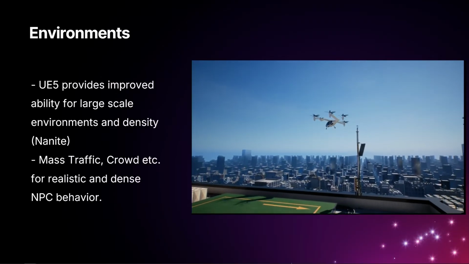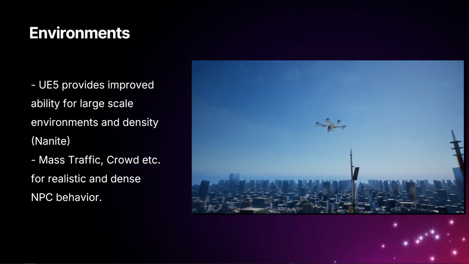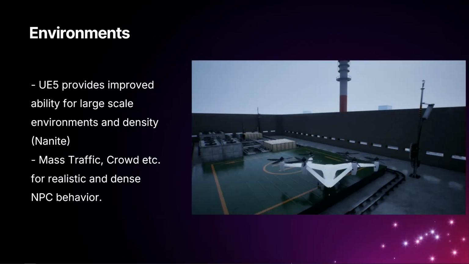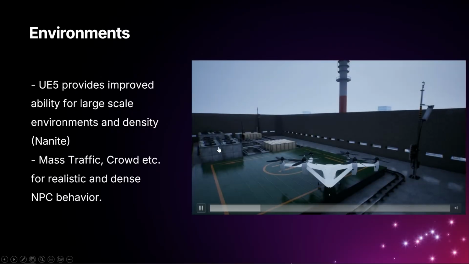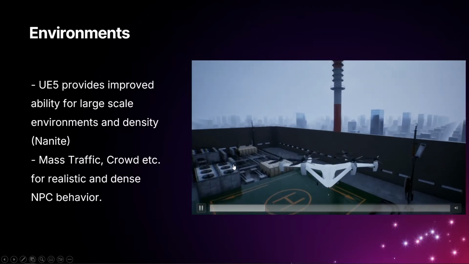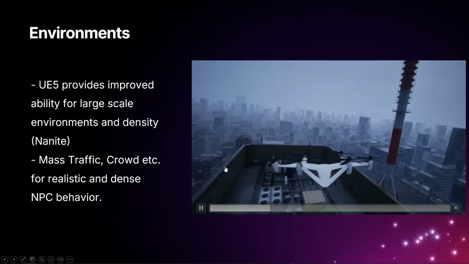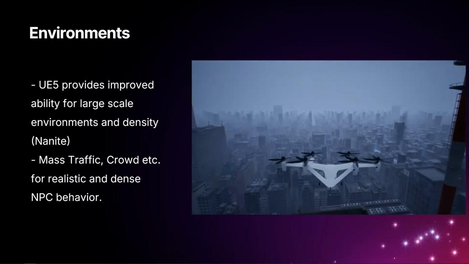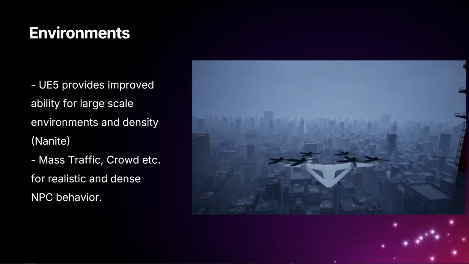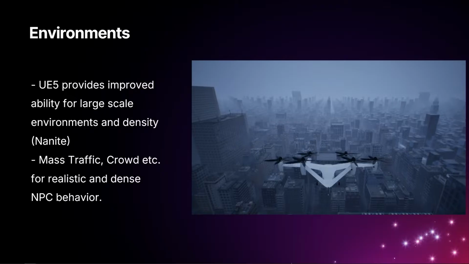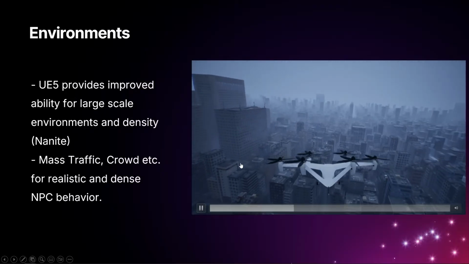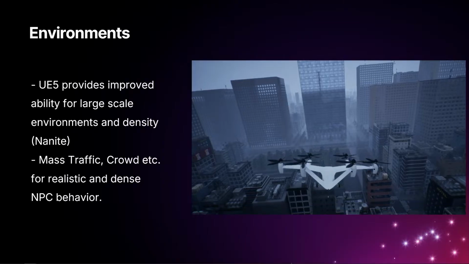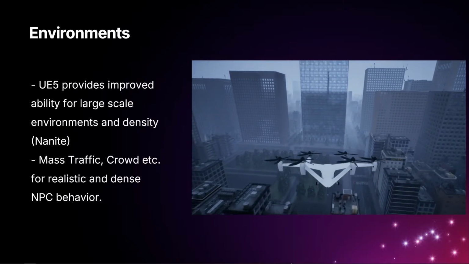But really, I think that combined with Nanite, Lumen, and also all of the Mass AI plugins for realistic NPCs, means we can build very interesting worlds like this, where we've got this vertical takeoff and landing vehicle in what looks like a very large-scale city scene. Although there might be some repetition at a certain point out there in the distance, it gives you this notion that there is a dense scene around you, as opposed to just being one city block.